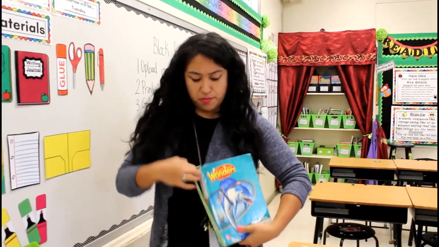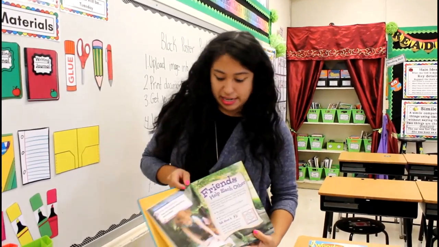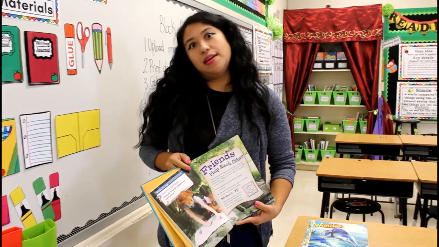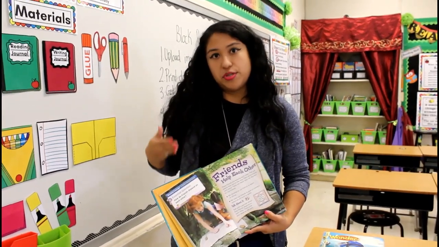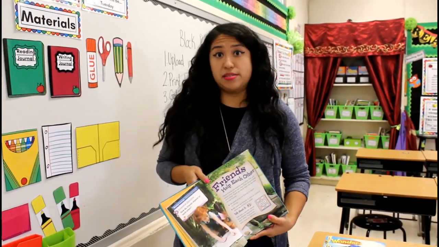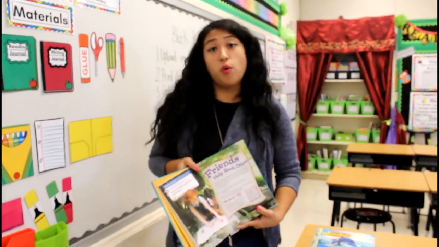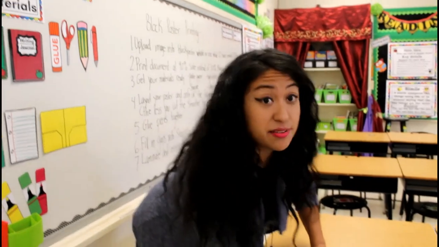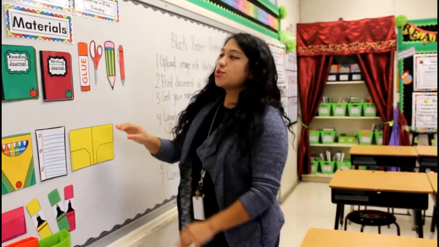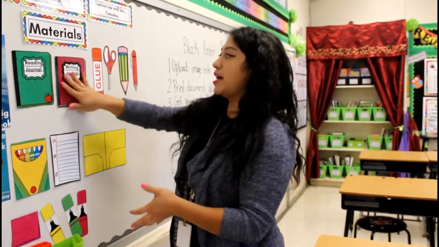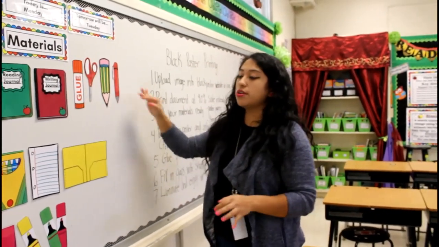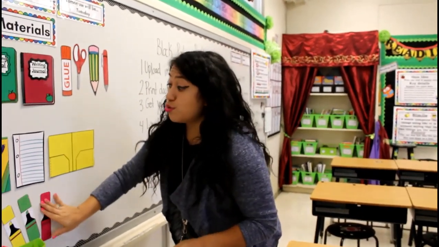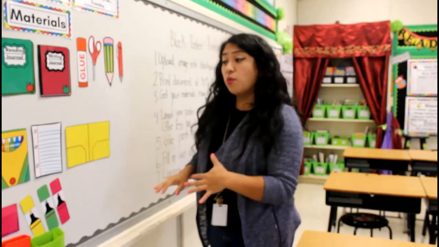I have these little bookmarks right at the beginning because they will learn eventually that they have to keep their place. And they're sharing this book, so I want them to learn to take care of things that they have to share with others. So for example, they'll have the reading journal, the writing journal, the glue stick, scissors. These are the materials that we use on a daily basis. So if I don't want them using it,